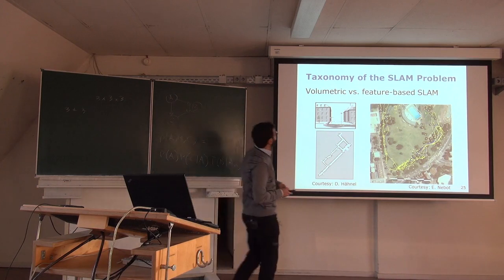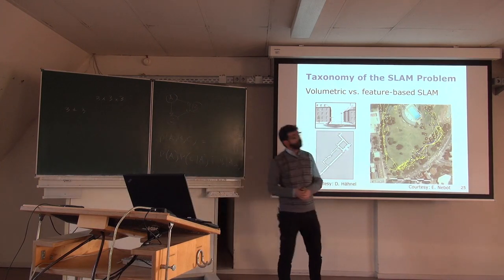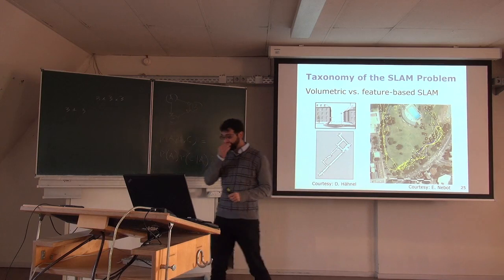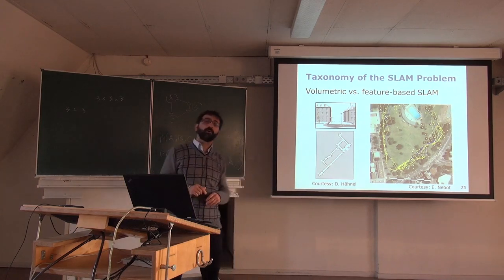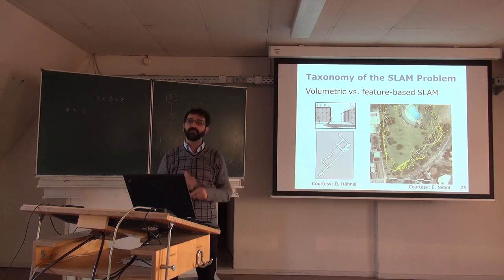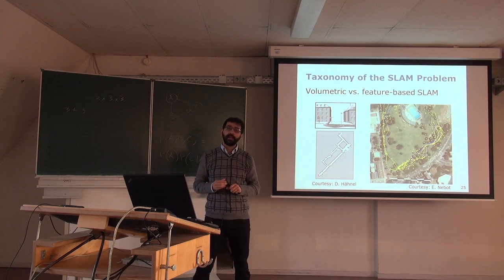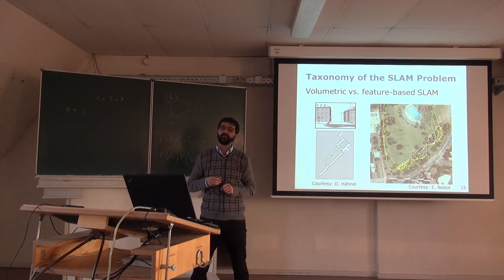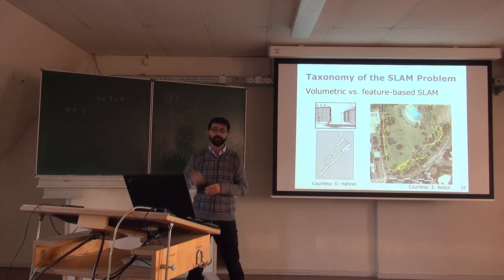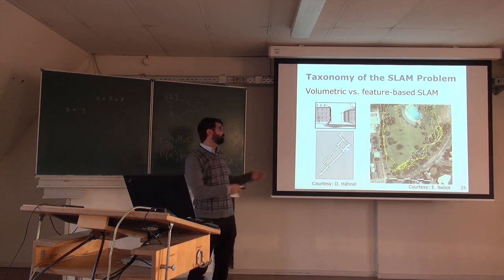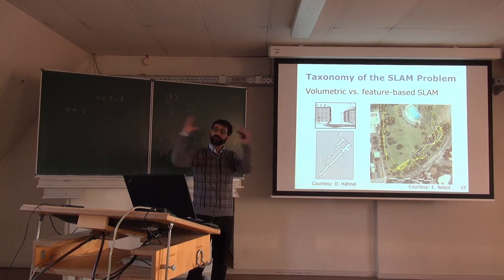On the other hand, there are something called feature-based SLAMs, where they don't care about creating a full, dense, volumetric representation of the environment, but they just pick up some isolated points in the environment and they try to estimate their location and then also the location of the robot, which is much similar to what people have done at sea, where they were observing the stars and trying to build a map of the sky to be able to navigate